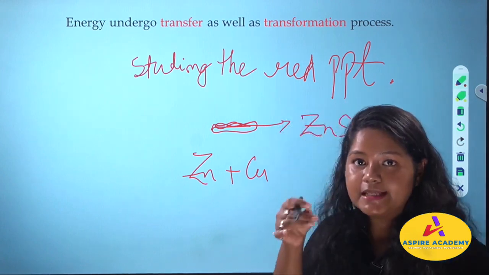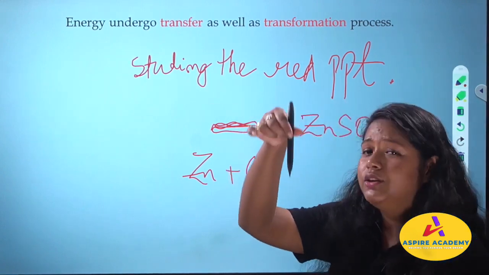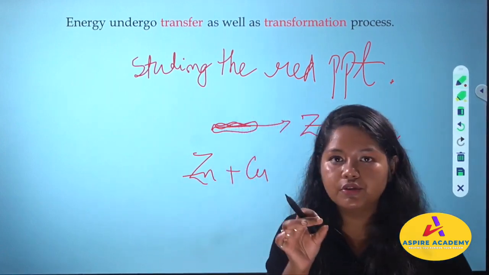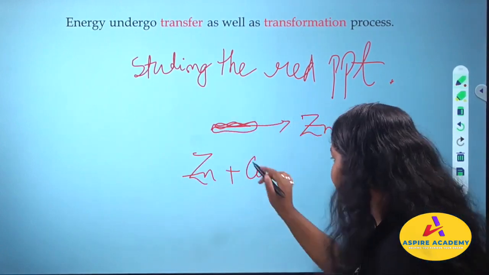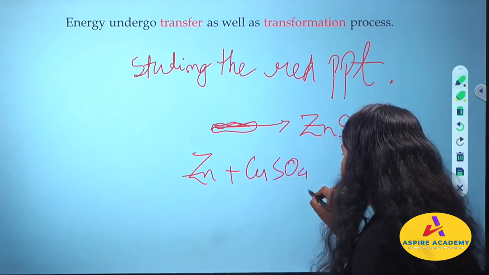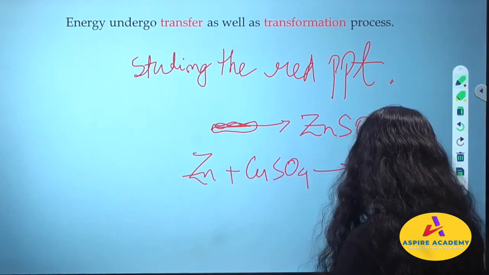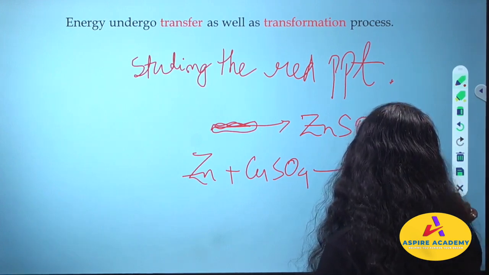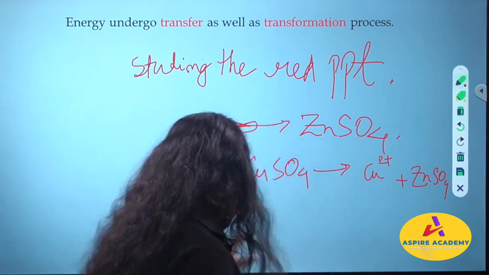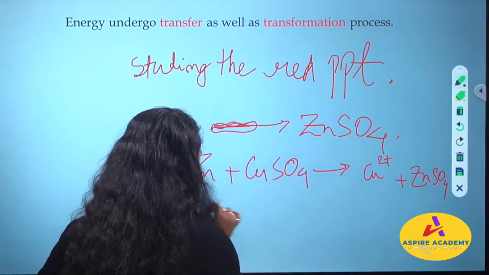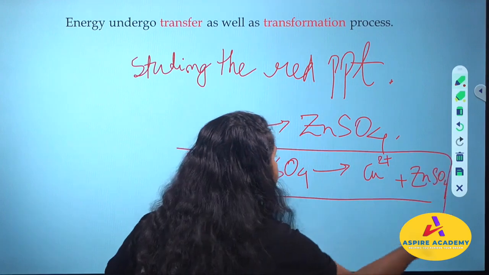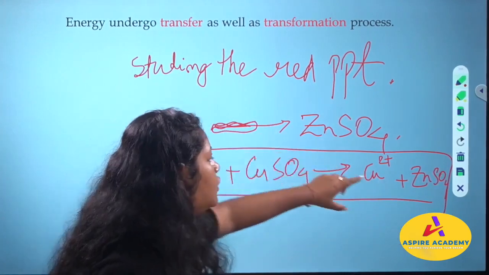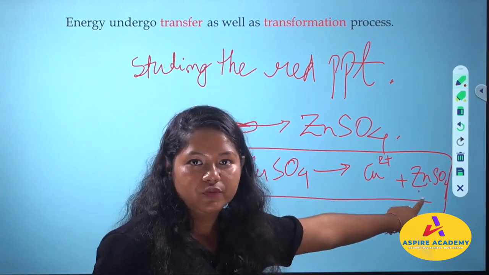They thought that you are placing a zinc rod, and there you have CuSO4 in a solution, so Zn plus CuSO4 react and form Cu plus ZnSO4, and they thought that this particular reaction was happening here. In your beaker this particular reaction is taking place, because of which you are getting this red PPT of ZnSO4.